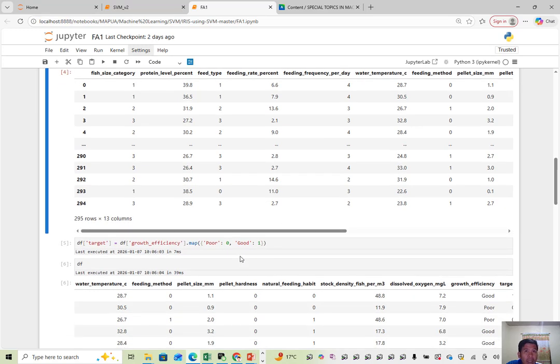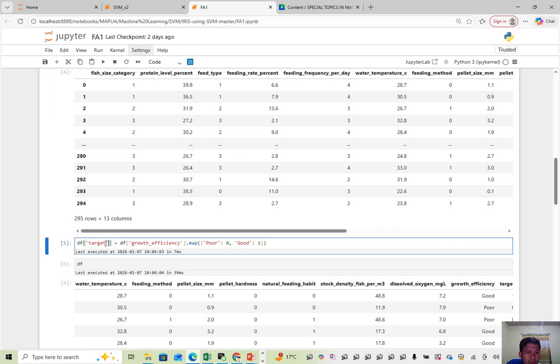And for the next part, I created the target variable. First, I created a new column called target.